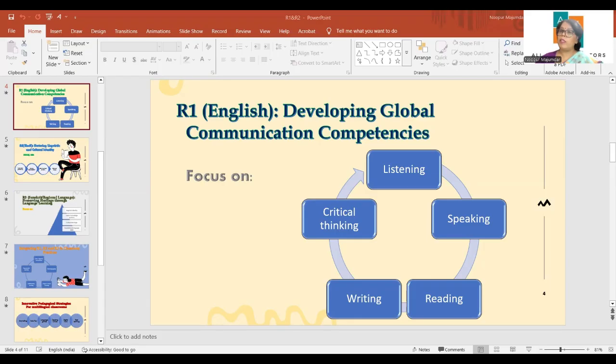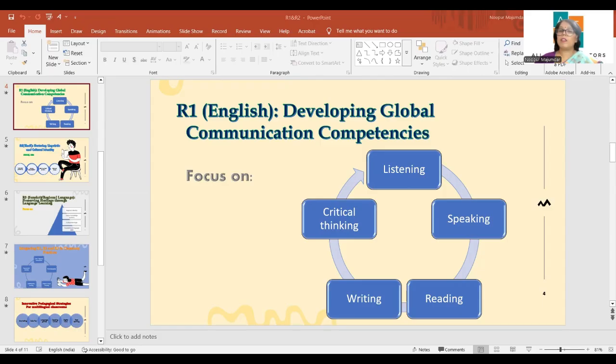We all know English is a global language, right? So now let us begin by understanding R1, because if you are teaching in an English medium school, then in most of the school, R1 is English, right? CBSE's vision of English is not merely as a subject to pass an examination, but a language that equips learner, खाली exam pass करना नहीं है, with the skills needed for higher education, professional success, and global communication.